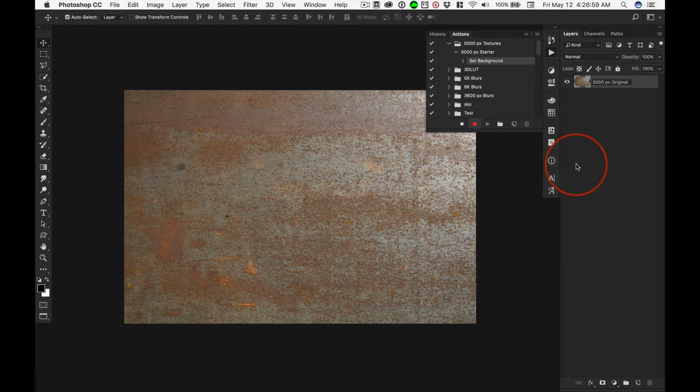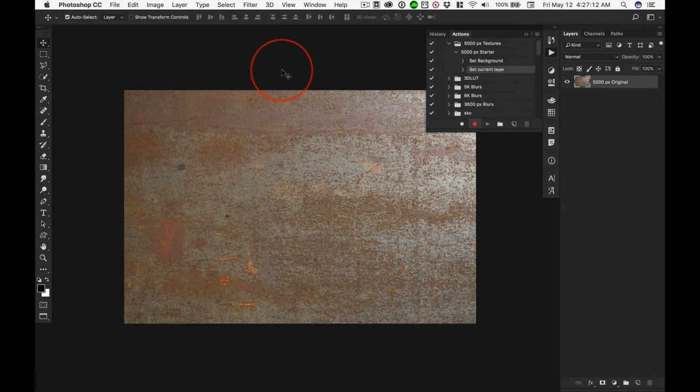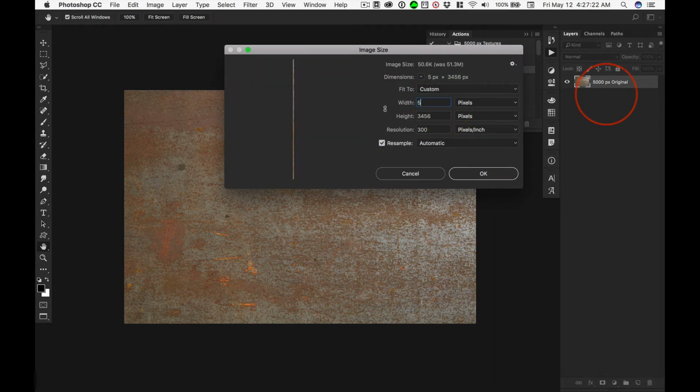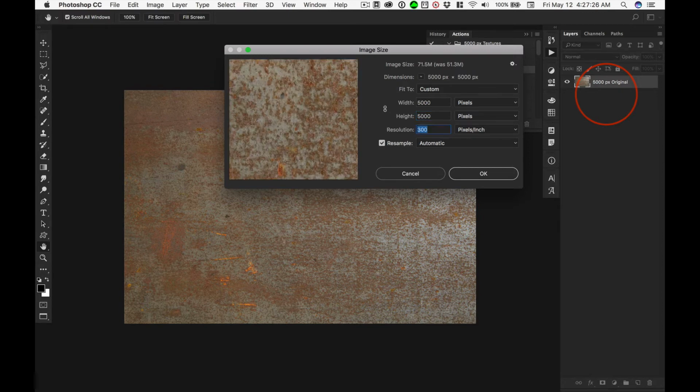and right now it's not 5,000 pixels. So what we need to do is do just that. Image size, Option Command I. I don't come up here, okay? Memorize this because you use image size all the time, Option Command I. Make sure that you unlink the width and height and change the width and height to 5,000 by 5,000 at